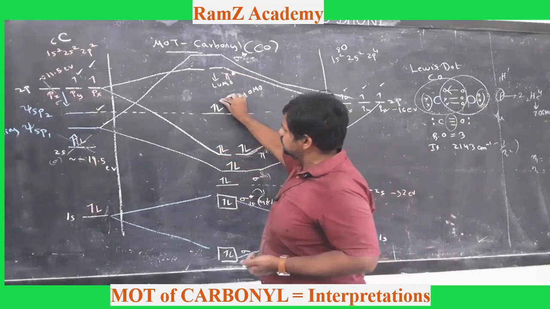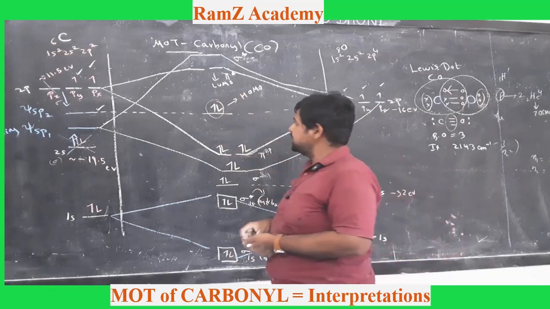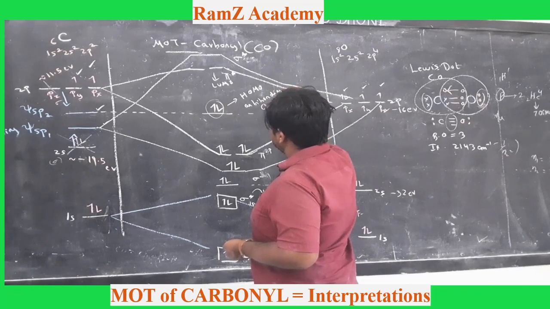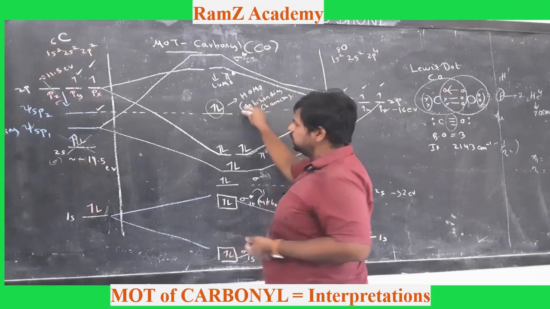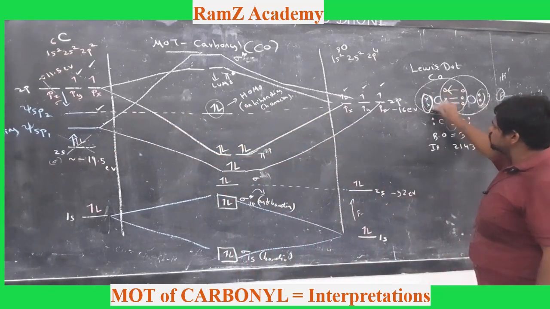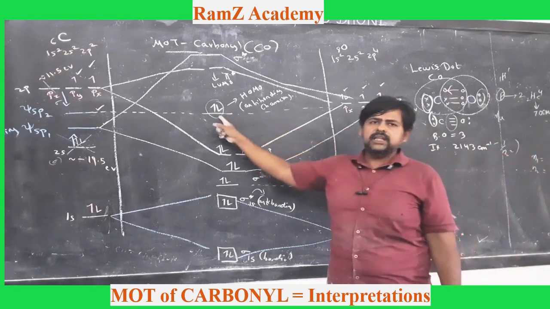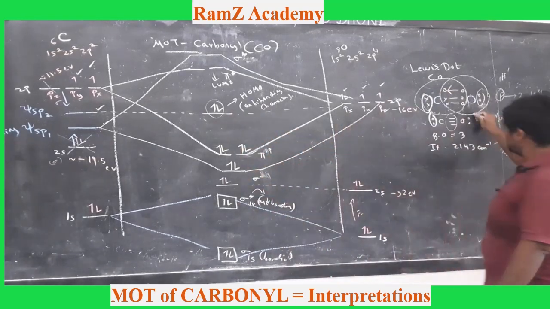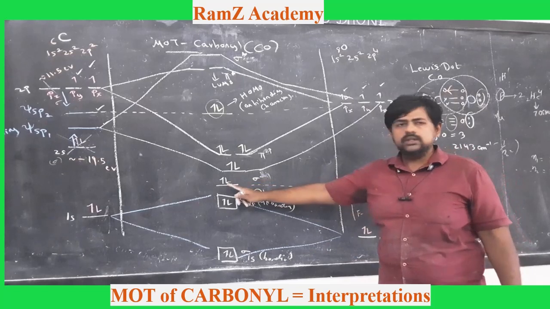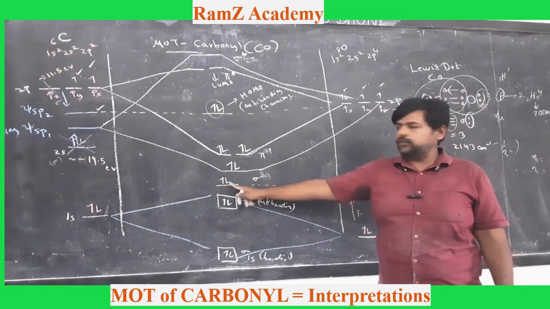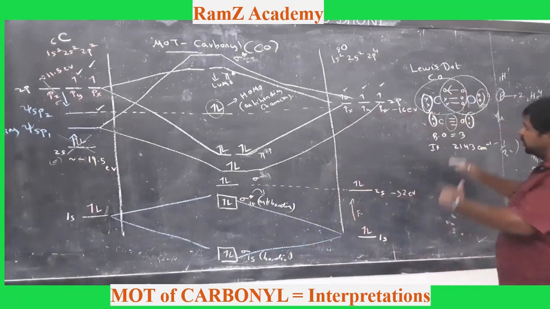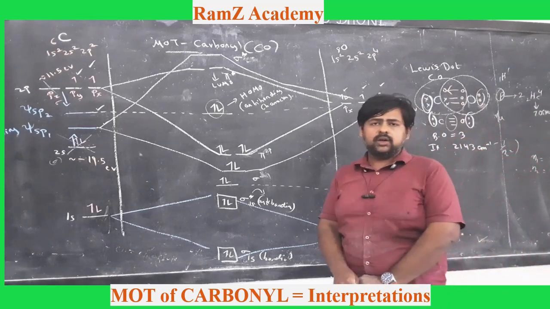Now this electron that you see here has slight anti-bonding character, though we say that this is perfectly non-bonding. These two electrons are those electrons that are present on the carbon. So these two electrons that you see on the carbon are nothing but your HOMO electrons. Whereas these two electrons that you see on the oxygen do not actually participate in the bond formation. These two electrons correspond to your 2s of oxygen. So now that we know where these lone pairs are present in the molecular MOT diagram,